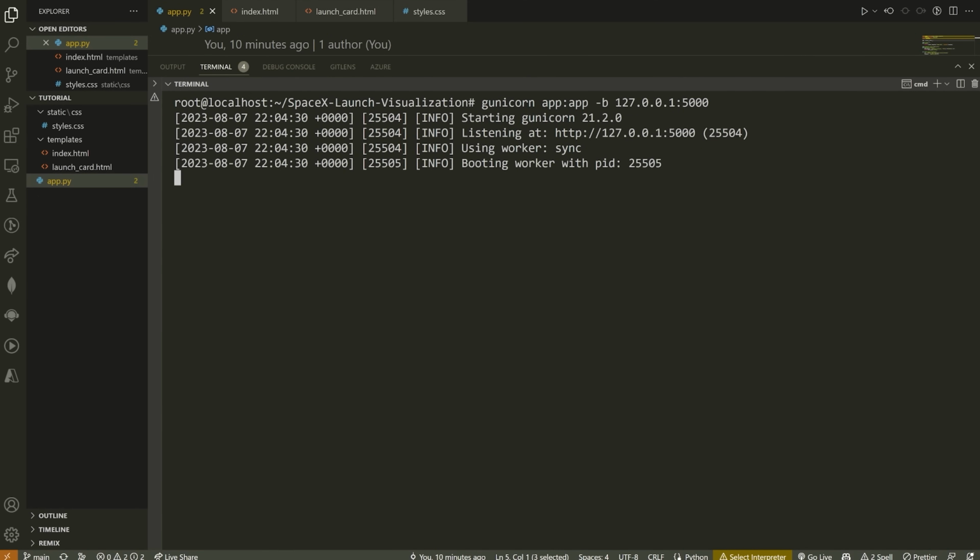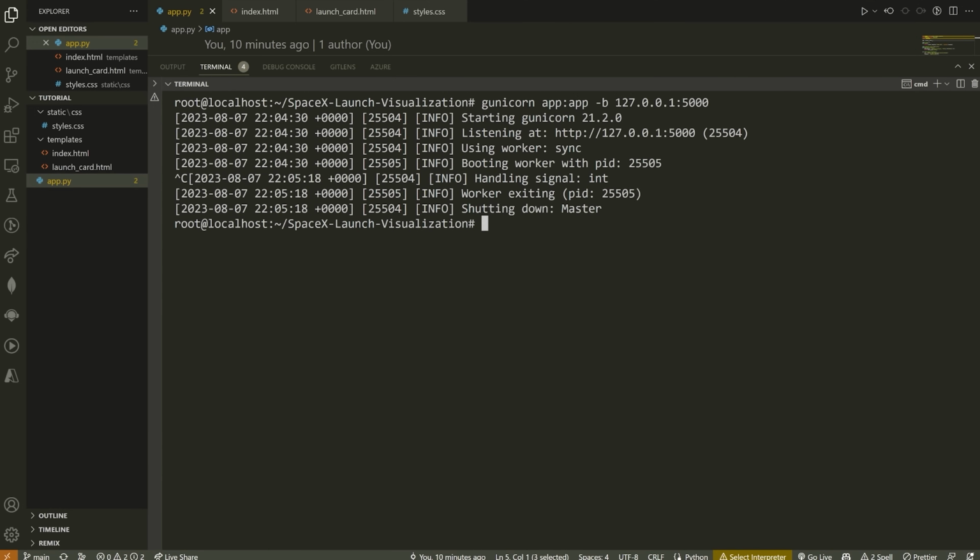Now, the only thing here is that if we do actually close this SSH session, so if I quit out of this window here, you'll see that our app actually stops running. Now, that's not what we want. Instead, what we want is that this is going to run no matter what. So to fix that, we simply need to stop this by hitting Control-C, and we need to use a command called nohup. I don't know how you say it, but it's called nohup like that, okay?